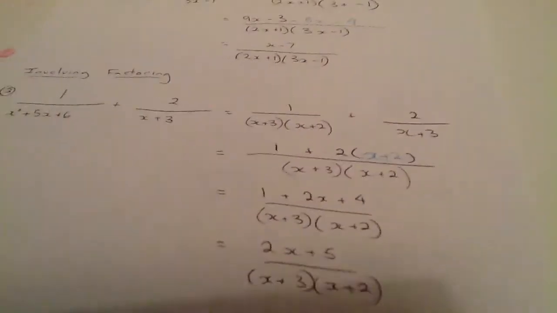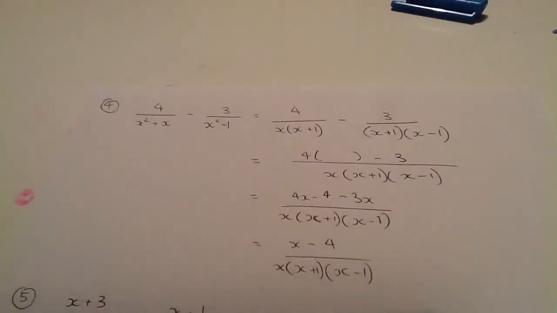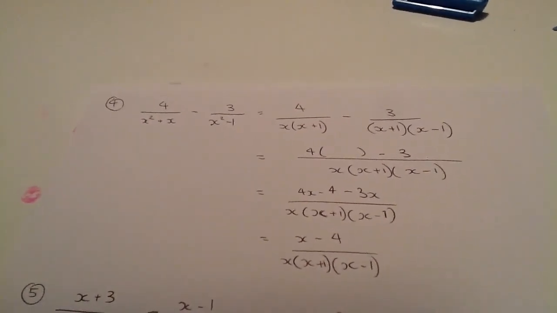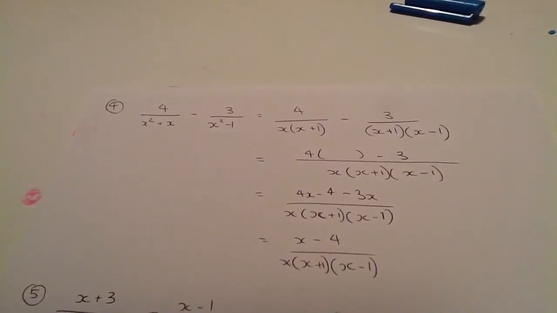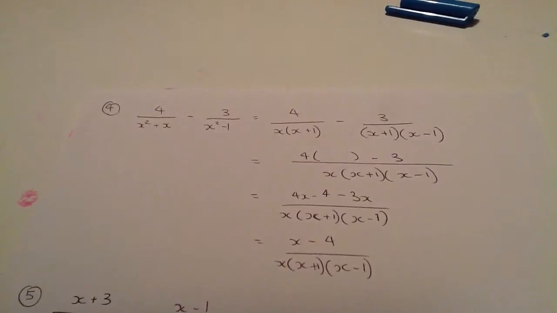Okay, let's try another one. They don't really get any more complicated than that. It's just that you have to probably factorise a bit more as we go along. Just be careful with your signs. So here we've got 4 over x squared plus x, minus 3 over x squared minus 1. Take out any common factors,